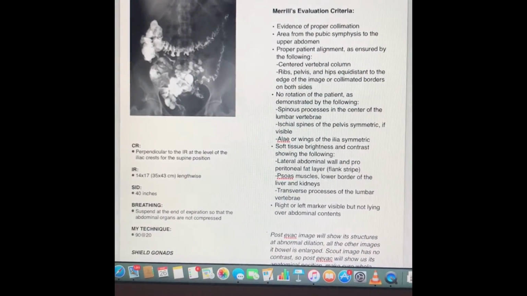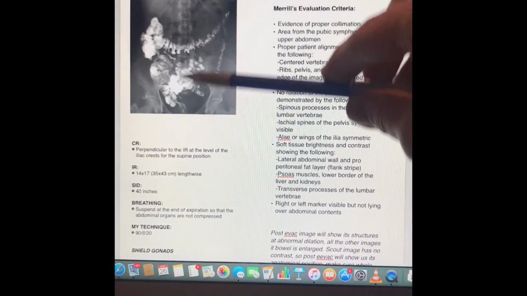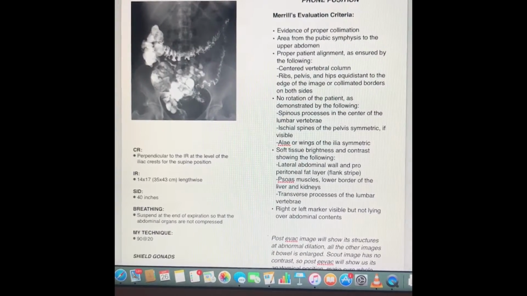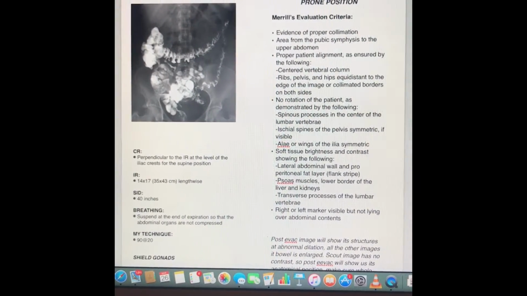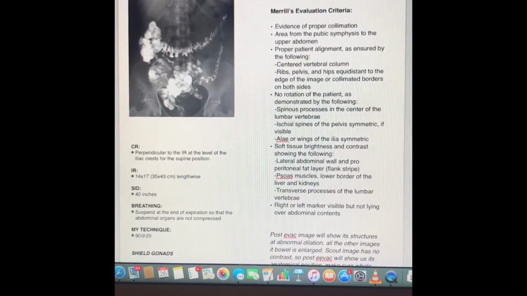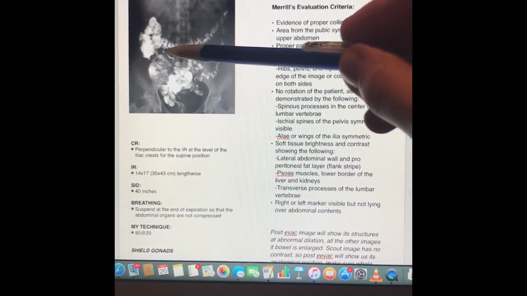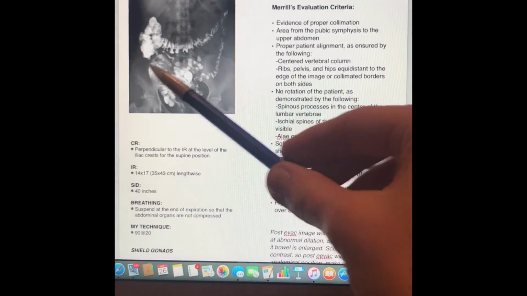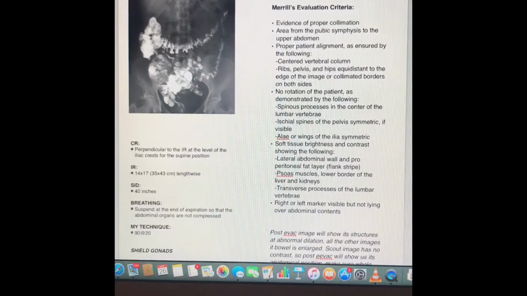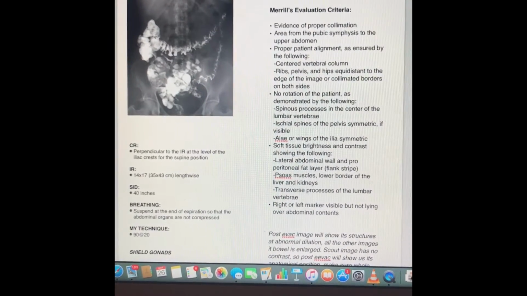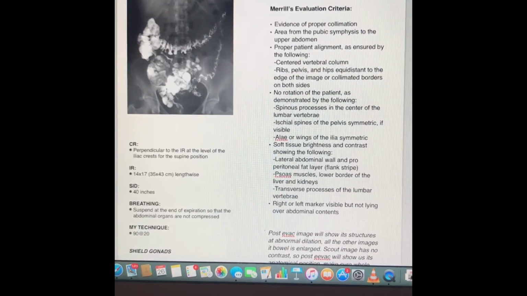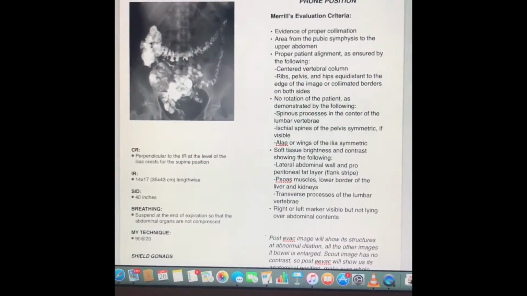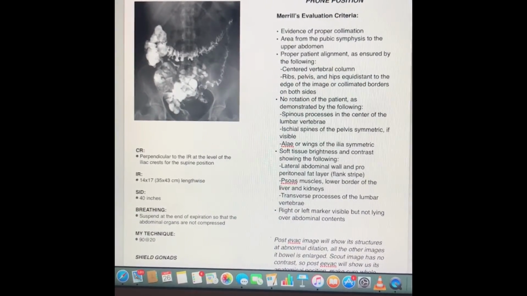The whole colon, vertebral column centered, ribs and pelvis and hips equidistant to the edge of the image or collimated borders on both sides. No rotation of the patient. Spinous processes in the middle. We can see transverse processes also. The wings of the ilia are symmetric. We can also see the large colon, what we're actually basically looking at, and it's after